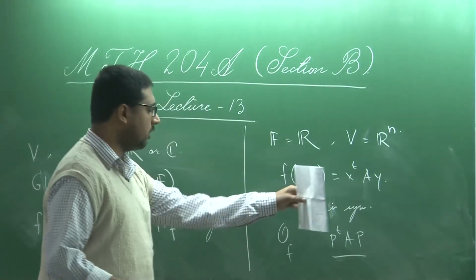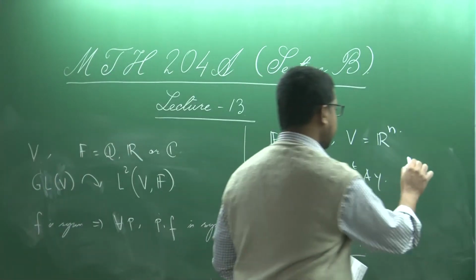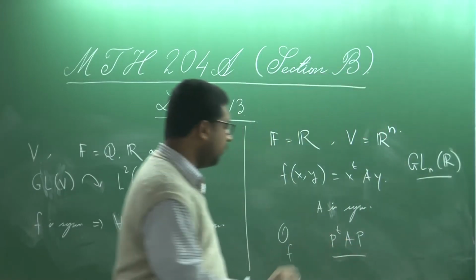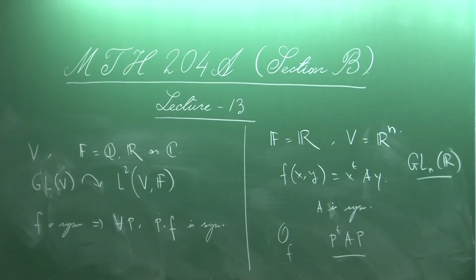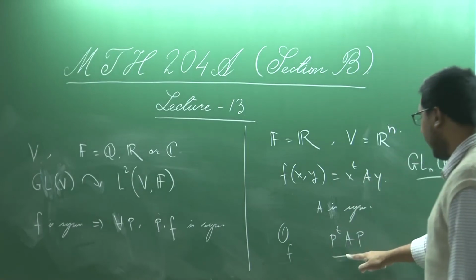So anything which lies in the orbit of F under the action of GLn(R), its matrix must be of this form, and from basic linear algebra we see that for any given A,